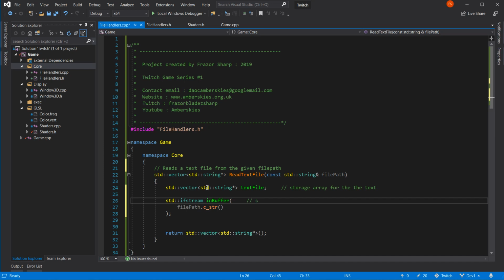Okay. This will set up a memory block and attempts to link it with the file.